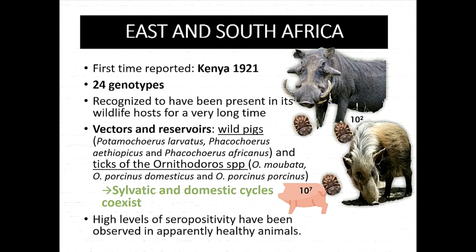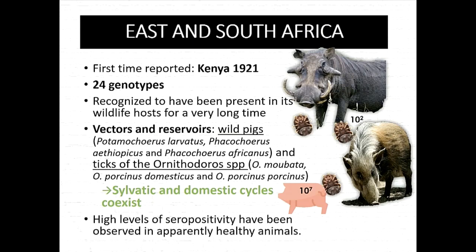So what happens with these guys? They have the virus at 10 to 2, but in Africa we also have ticks. And ticks, as you probably know, are also a very important biological vector. What is the difference between a mechanical and a biological vector? The mechanical one is just a transporter. The biological one is reproducing, replicating the virus.